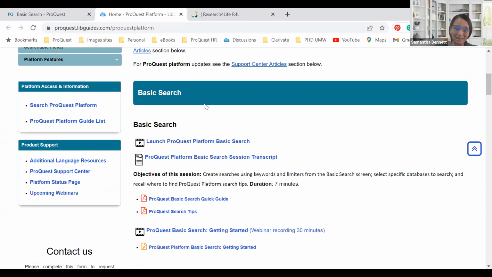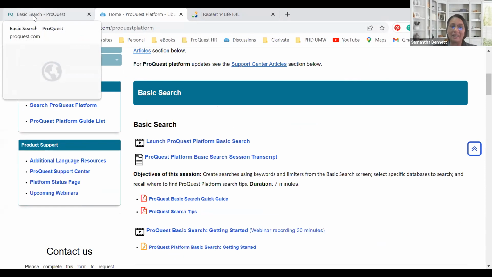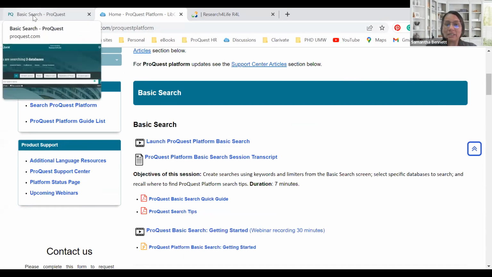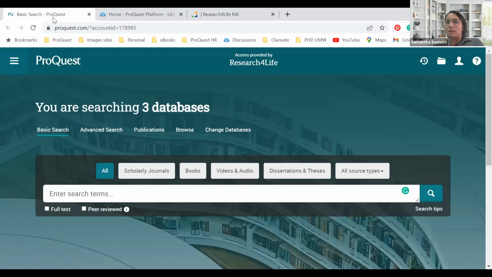All of those details are within our LibGuide. There's also a dedicated LibGuide for dissertations and thesis. So even if you're on the dissertation and thesis platform, you would be able to find short recordings on dissertation and thesis, and how you can find information on there, in those LibGuides as well.